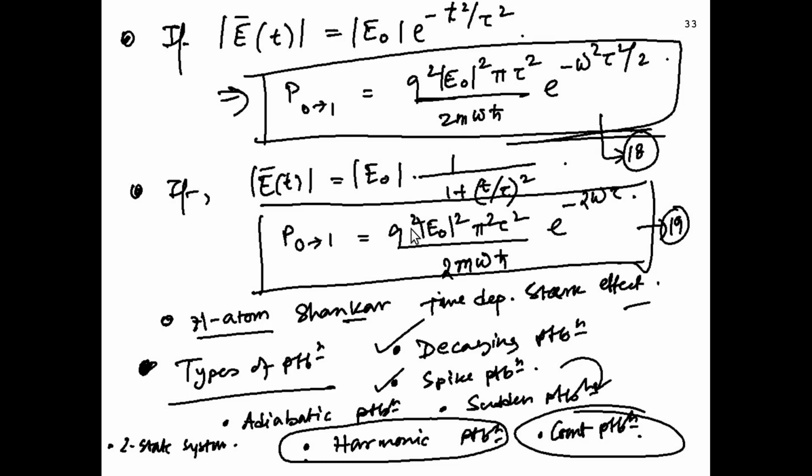And if you want to look at the time dependent Stark effect, which we have studied, basically the effect of a strong, weak or intermediate electric field on the hydrogen atom. Now we have done the static problem. What happens if the electric field is time dependent? You can look up that example from Shankar.